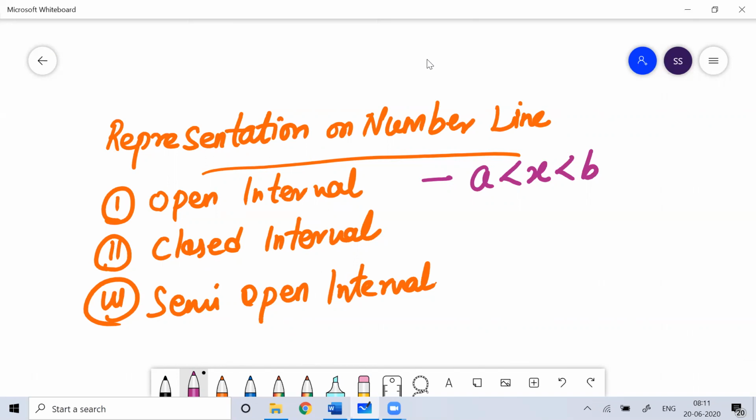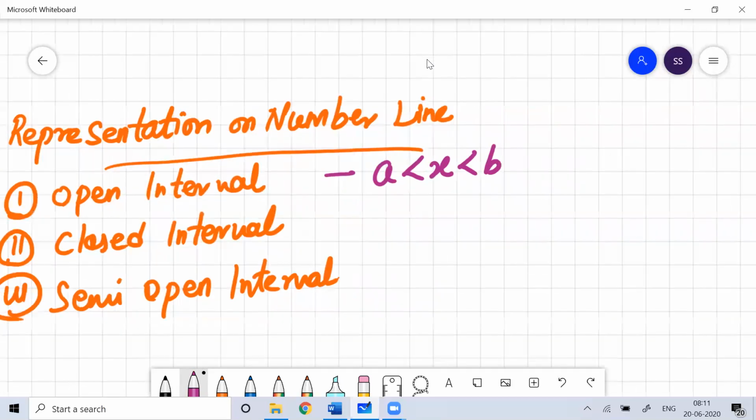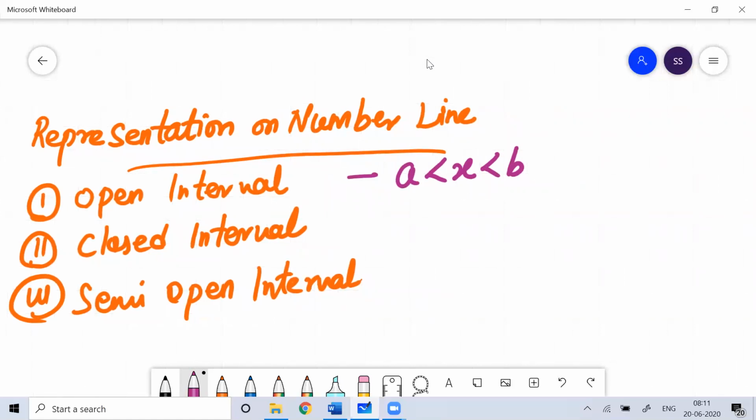I can write that x is greater than a, x is less than a, or x is greater than or equal to a. x is less than b, or greater than b, greater than or equal to b. x is greater than or equal to b, equal to b, or it can be more than b, less than b, less than or equal to b. I hope you are understanding. So when we talk about an open relationship, I'm just giving you an example, just to understand open interval.